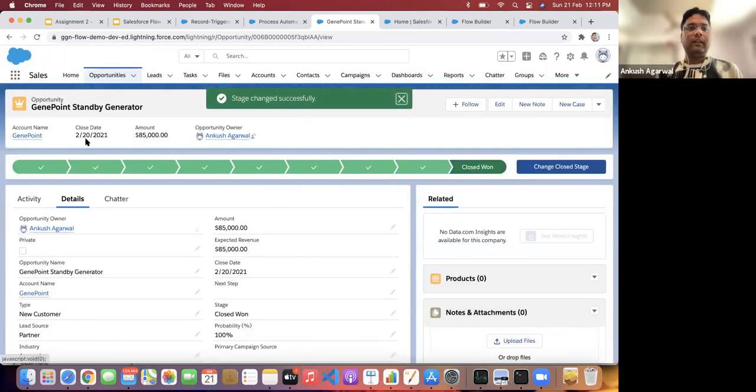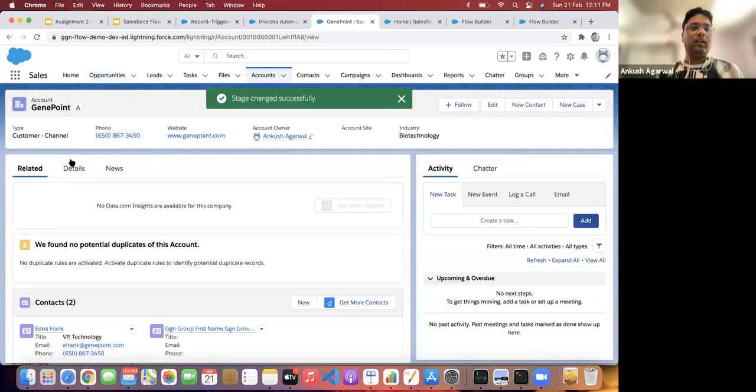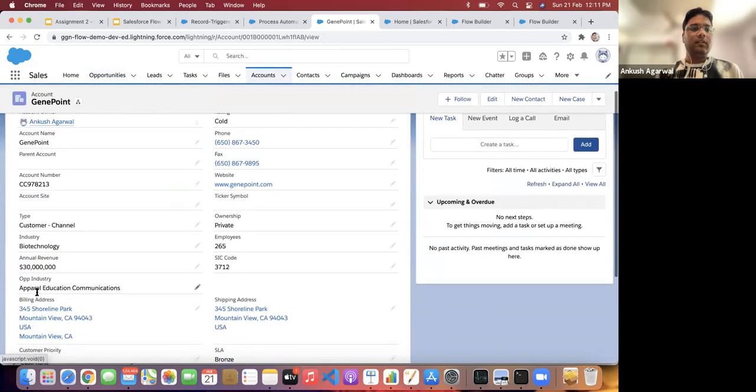Once we save it and go to the account details, you can see we have three opportunities, and for all three, the different industries are accumulated and displayed here: apparel, education, and communications. So this account has three won opportunities, related to apparel, education, and communications.